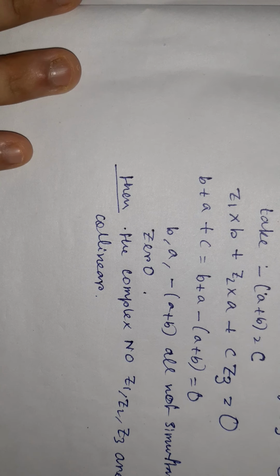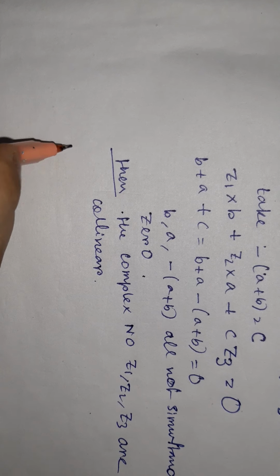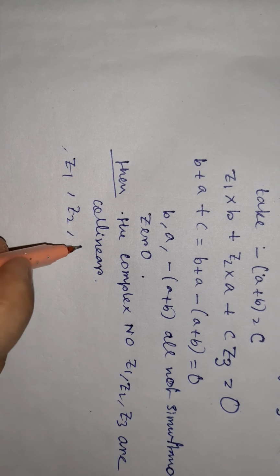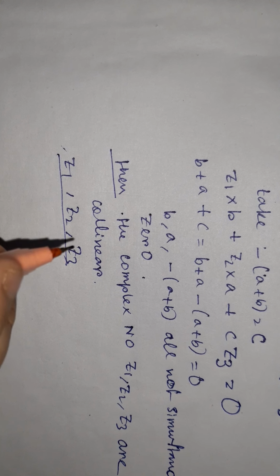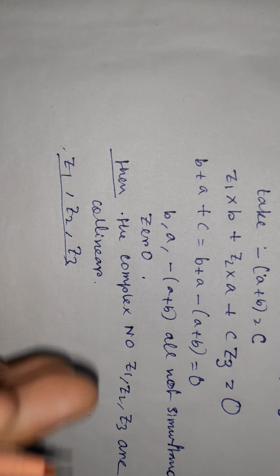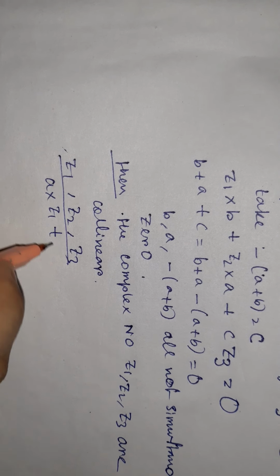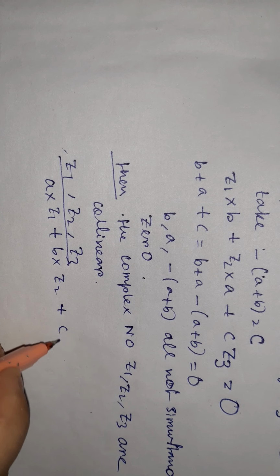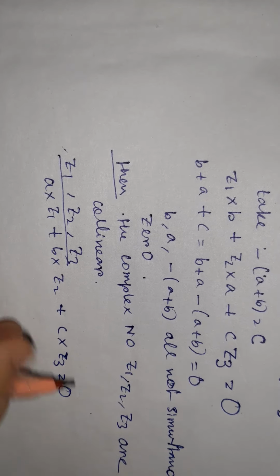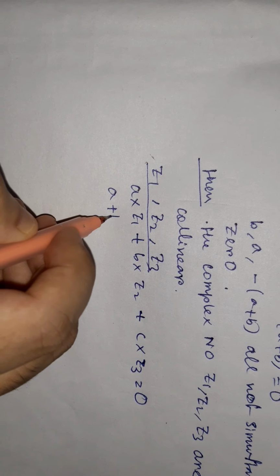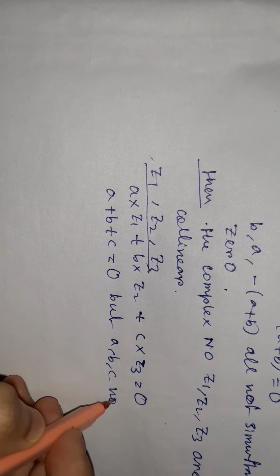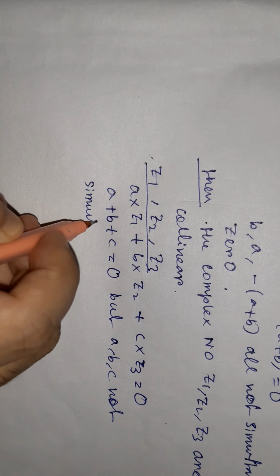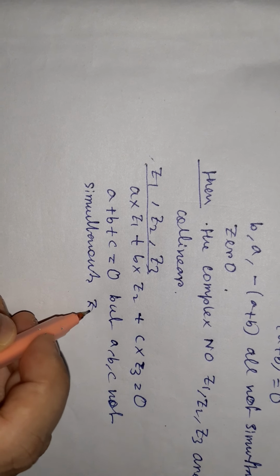If we have three complex numbers z1, z2 and z3, and we can multiply scalars with them such that a into z1 plus b into z2 plus c into z3 equals 0, and a plus b plus c equals 0, but a, b, c are not simultaneously 0,